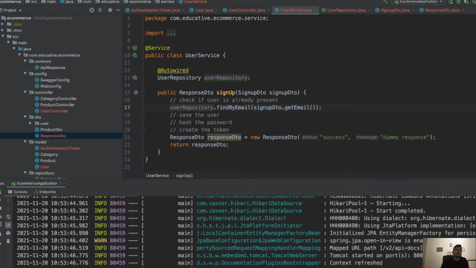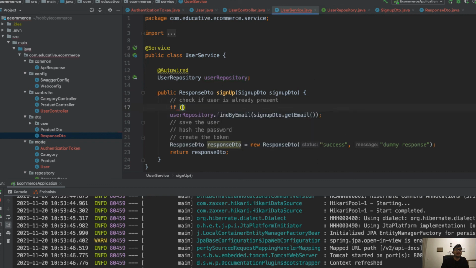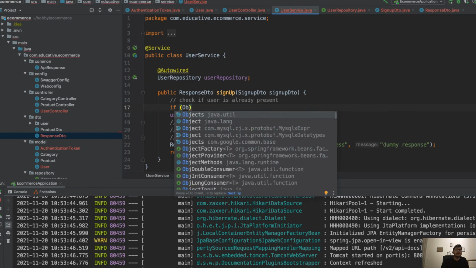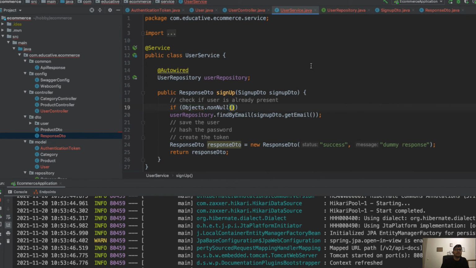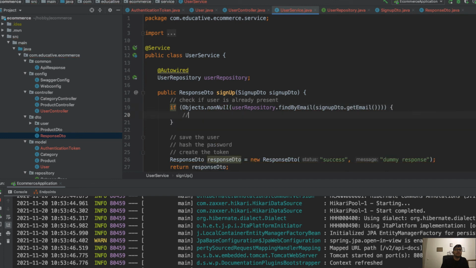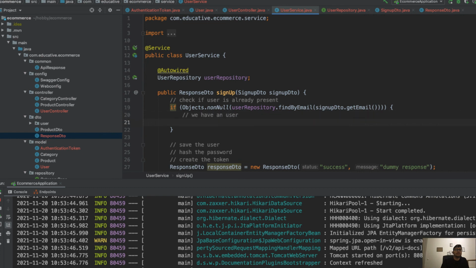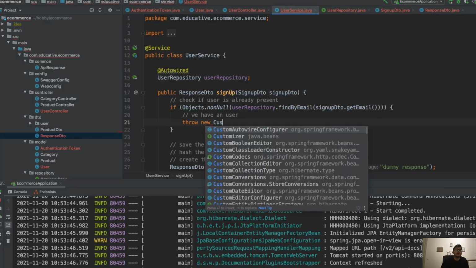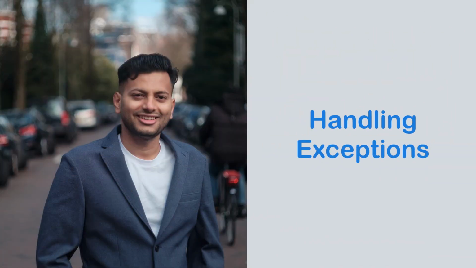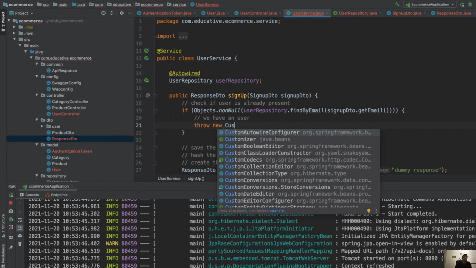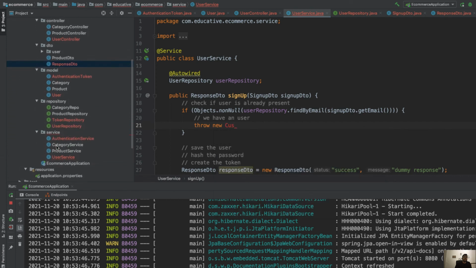So what we can do is, if object is not null, it means we have a user, we can throw an exception, new,